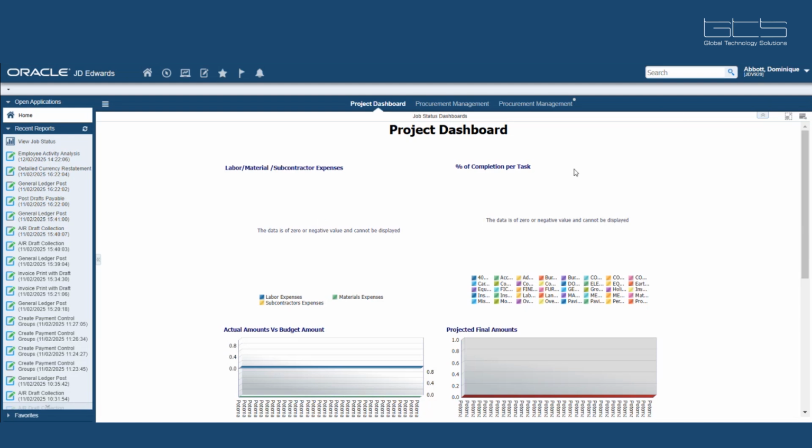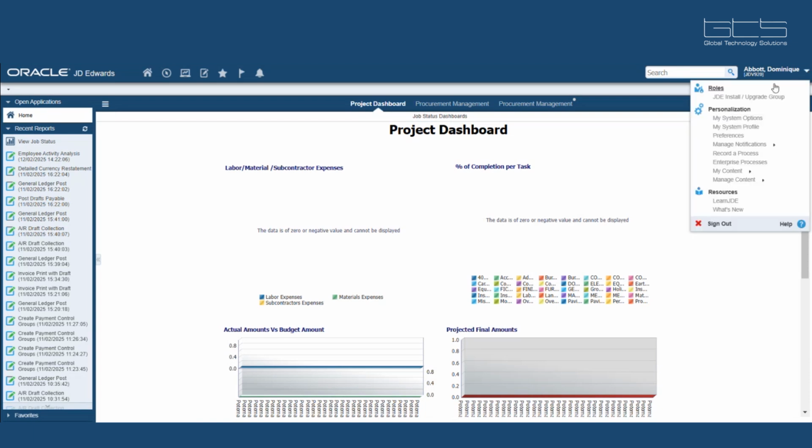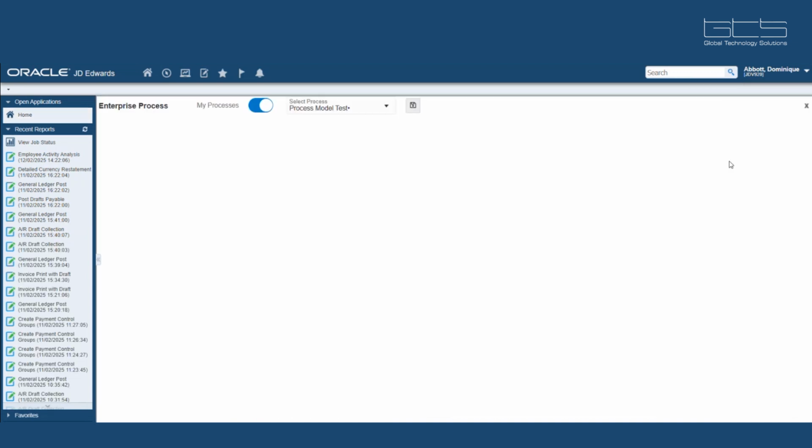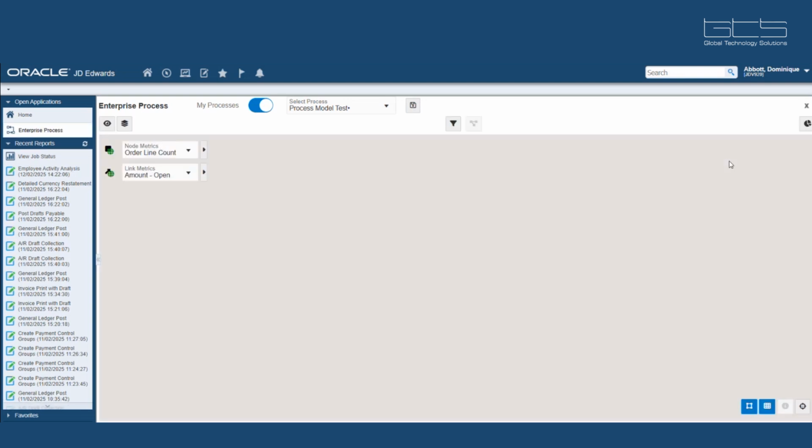Again, as I was saying, I am logged in for this scenario specifically. I'll be using two users. The first user is the business analyst, the power user who's responsible for creating and configuring the process. And then a second user, or a role in this case, who will be the process owner and who will be working on analyzing the processes that we currently have. Let me start. I can here select my enterprise processes and then